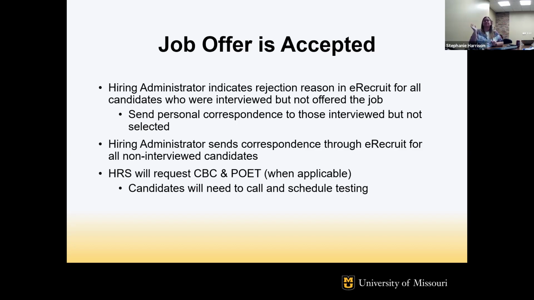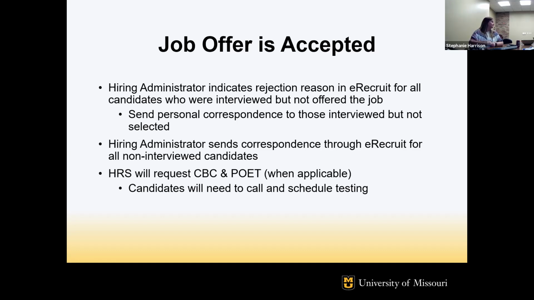Like I mentioned with the offers, the more information we have up front helps us make the decision on whether the offer is approved or not. And in terms of people being rejected, the more information you put into the system, the less likely it is that we're going to have to come back and ask you questions six months down the road, and you all have to try and remember or find years-old information.